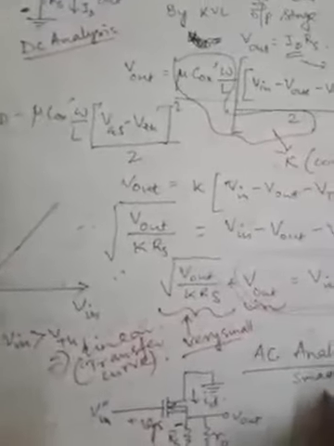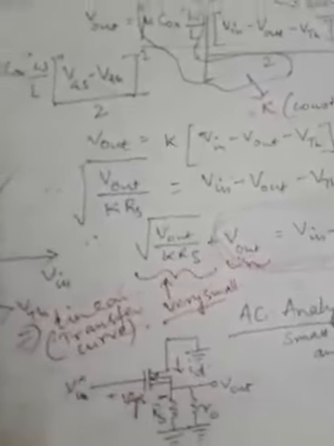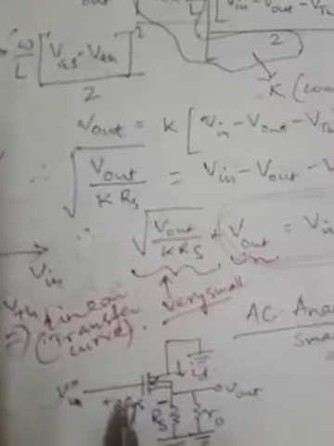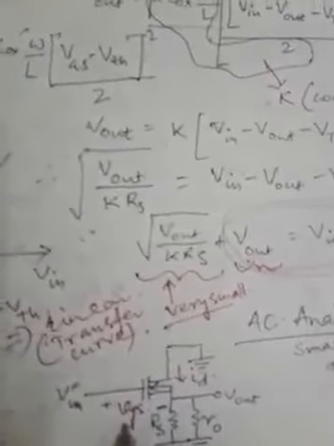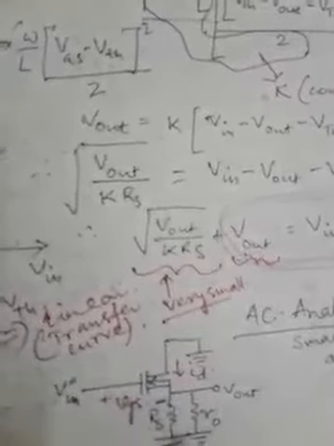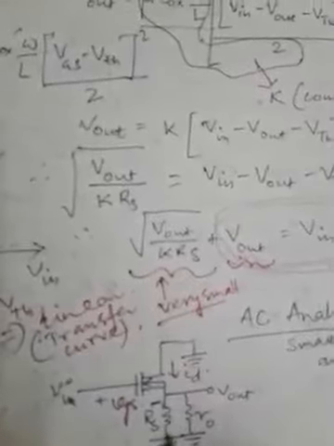So we are now moving on to the AC analysis, rather it is called small signal analysis of the common drain amplifier, and for that we are using this circuit. You can see from here that Vin is applied at the gate terminal. vgs is the voltage. This is written in small letters, that means it is the small signal voltage with the application of Vin between gate and source, and the output is taken across this resistance RS, which is the source resistance